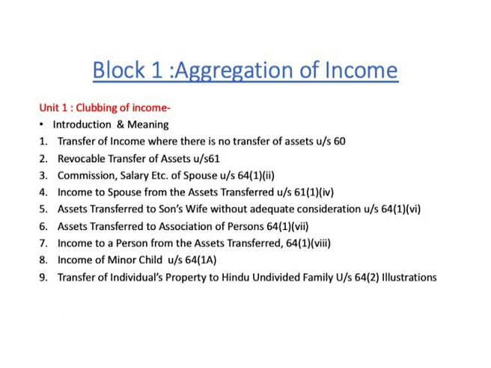of spouse under section 64(1), clause 2, income of spouse from the assets transferred under section 61(1), clause 4, assets transferred to son's wife without adequate consideration under section 64(1), clause 6, assets transferred to association of persons, that is cooperative societies or trusts, etc. under section 64(1), clause 7 of the Act, income to a person from the assets transferred under section 64(1), clause